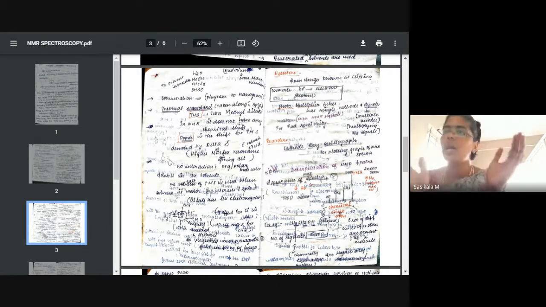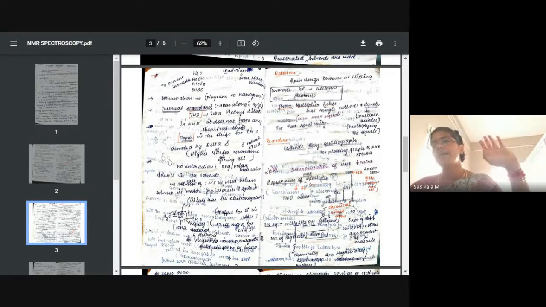Instead, the electric property of the nucleus will cover the protons. So it will not allow the magnetic property to resonate with the magnetic property of the wave. It will not allow for resonance easily. Which one? Electric field. This covering of electric field is called shielding. Okay. So all the protons in the tetramethylsilane are known as shielded protons. So it will require more energy. More energy means we need to apply more external magnetic field in order to align